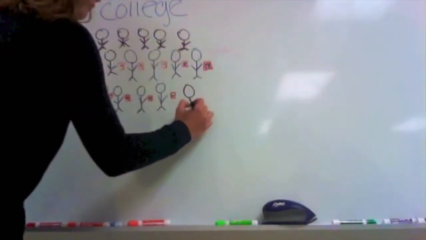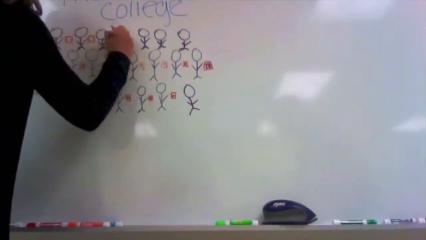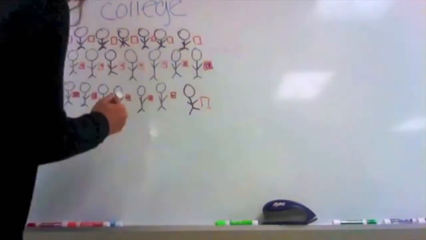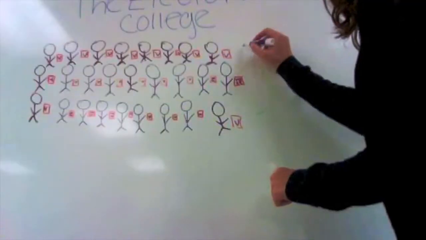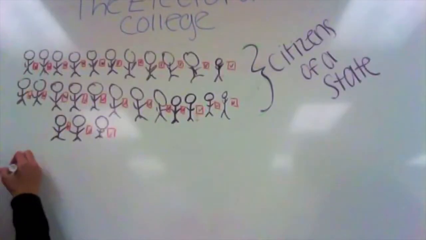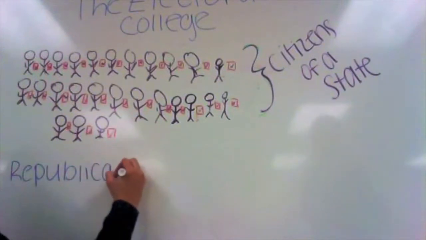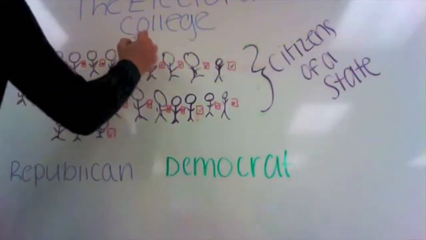How the Electoral College works. On Election Day, citizens of every state go to designated locations to vote for the president. However, they don't actually vote for the president directly. Depending on the population of each state, the citizens either vote for the number of Republican or Democratic officials who